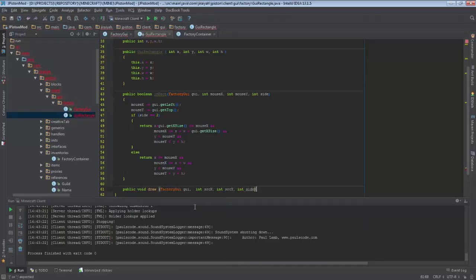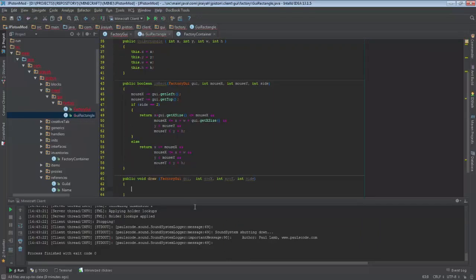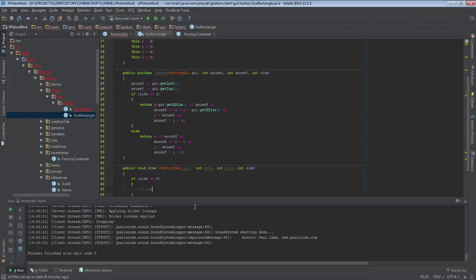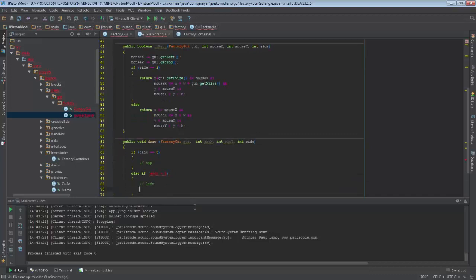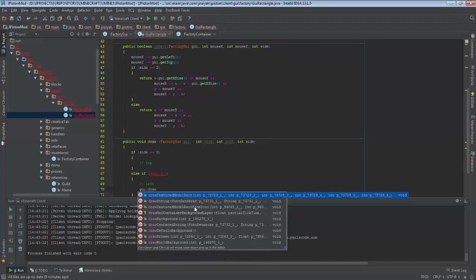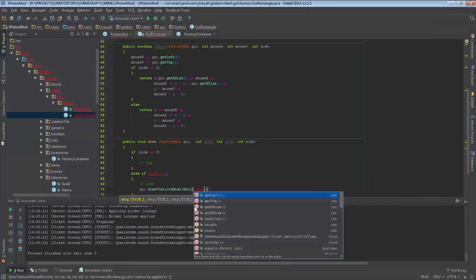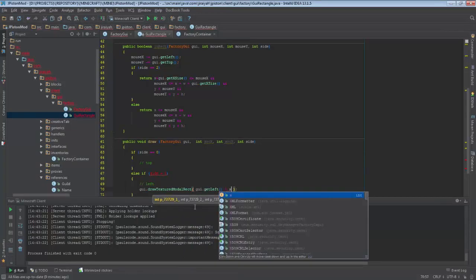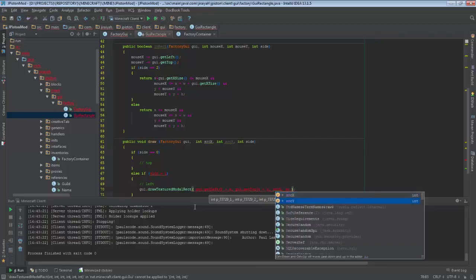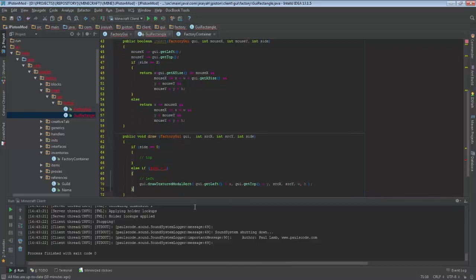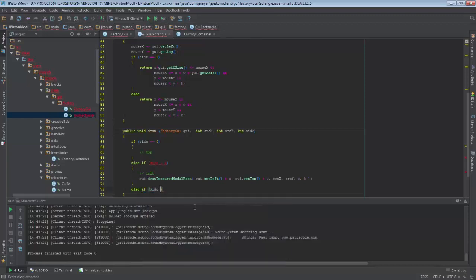the side we are drawing the tab, okay, and we say if side equals 0, although I don't have the top tabs, I'm giving myself the option for that, else if side equals 1, then it means we are on the left side and we are drawing the left side tab. So we say GUI.drawTexturedModalRect of GUI.getLeft plus x, comma, GUI.getTop plus y, and with sourceX and sourceY. And of course the width and height of the rectangle we are defining, else if side equals 2,